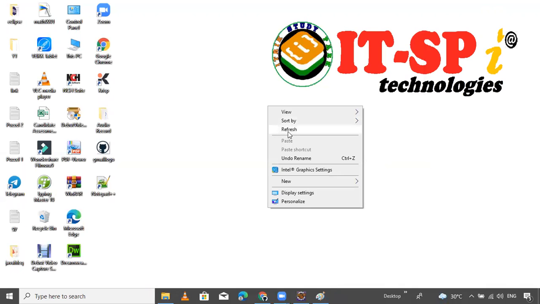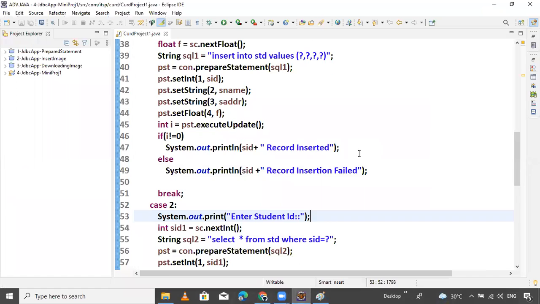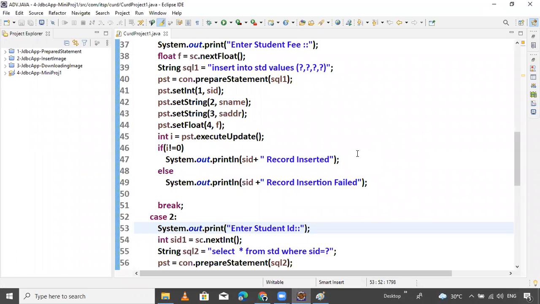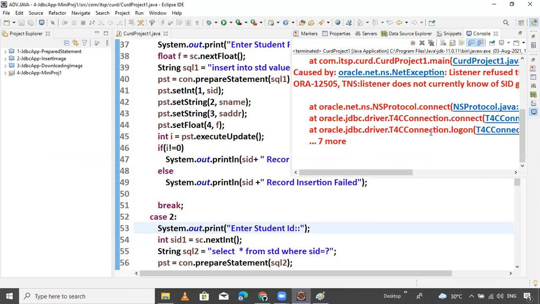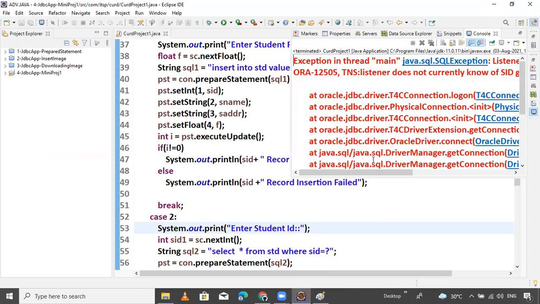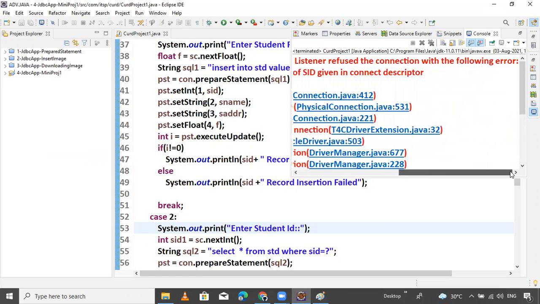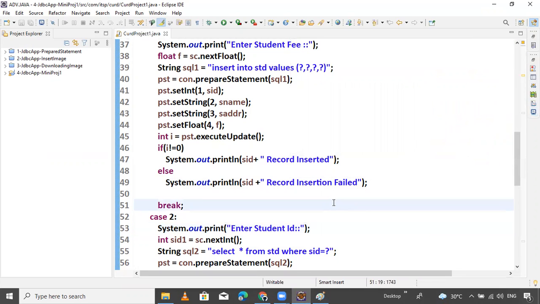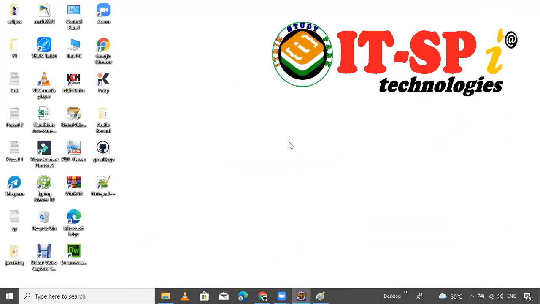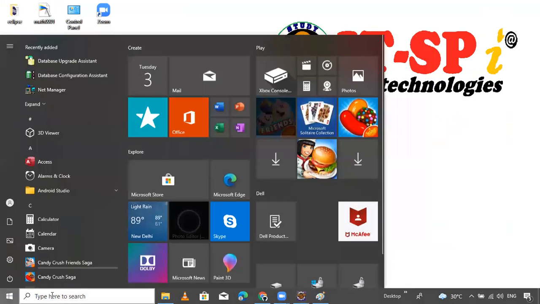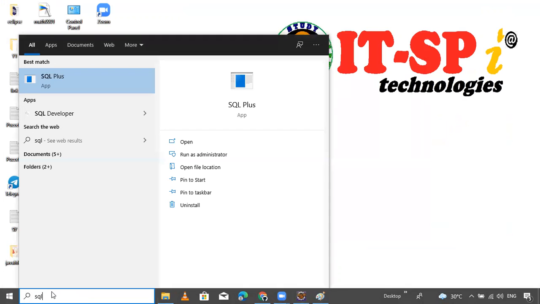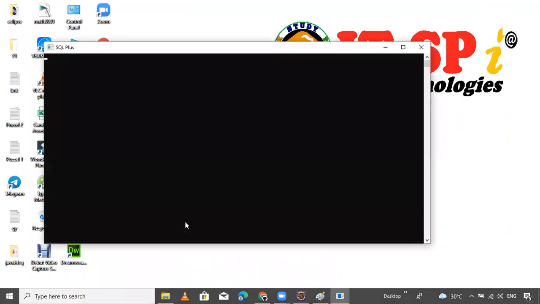Okay, same error. So let me try this example, F11. The listener refused the connection. Same error. So I want to run SQL Plus again. Until it is running, your program will not run.